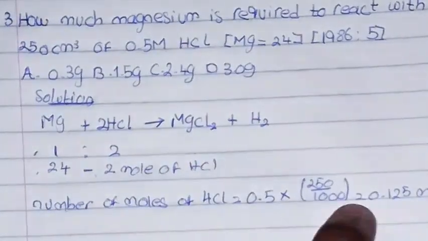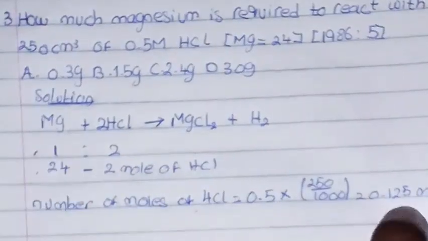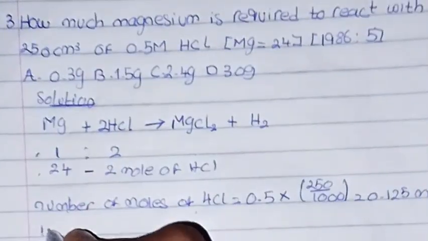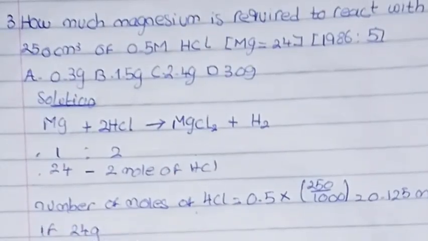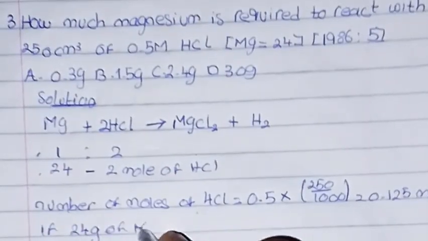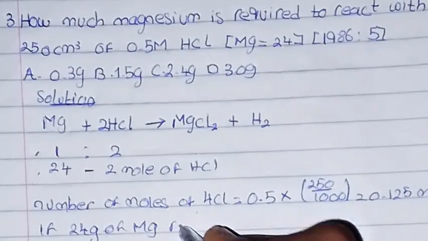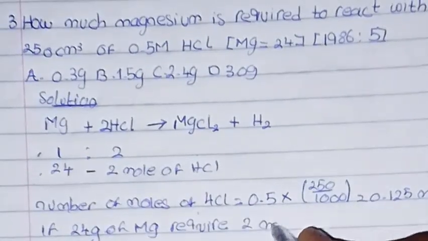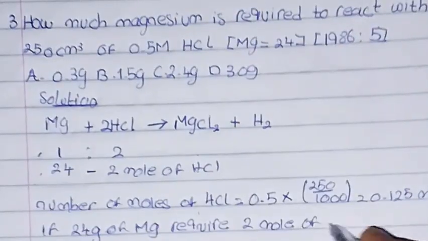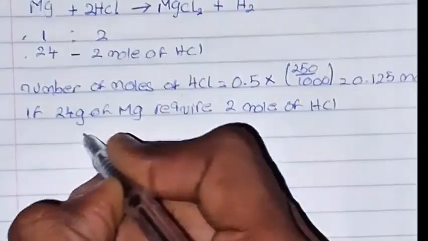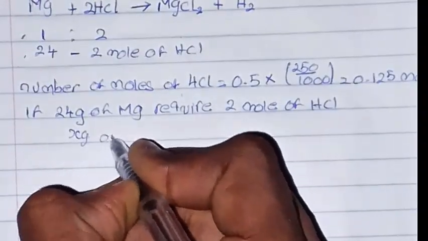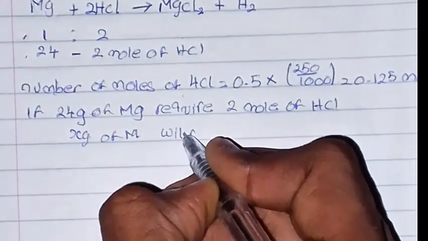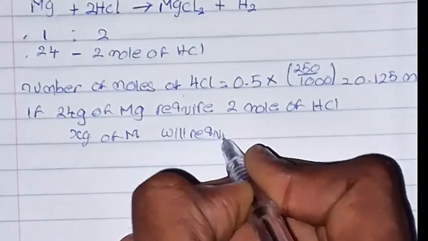Now they're not asking us how much magnesium requires 2 moles. So we say if 24 gram of Mg, you don't have to write this, but I'm just doing it, requires 2 mole of HCl, then X gram of Mg will require